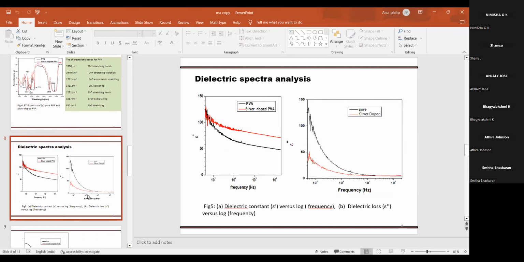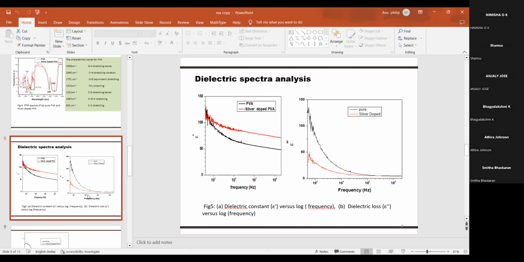We also conducted some dielectric studies using this pure PVA and silver doped PVA. Figure A shows the dielectric constant versus low frequency graph, and B shows the dielectric loss versus low frequency graph. From the graph, it is clear that in the case of silver doped PVA, there is an increase in dielectric constant. That is, pure PVA is a colorless polymer which shows a characteristic dielectric constant value, and the silver doped PVA shows a higher value of